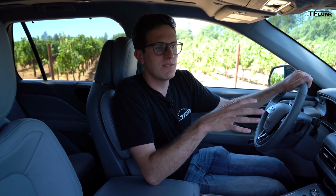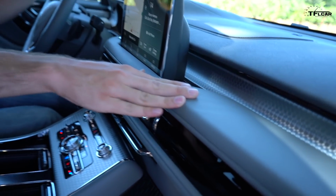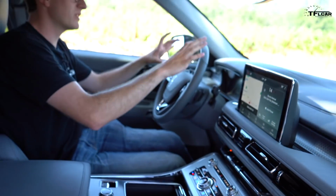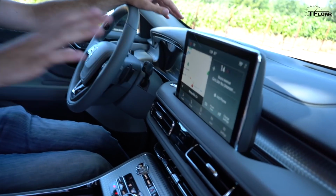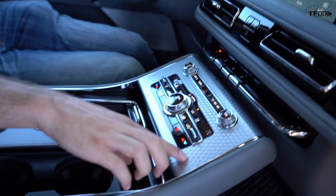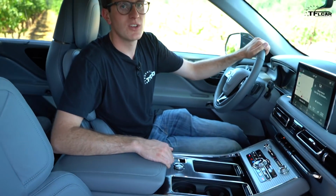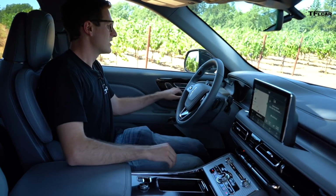The interior of the Aviator is beautifully sculpted, and everything you touch is really high quality. Well, just about everything you touch. You have a 12-inch display here in the middle. You also have a 10-inch display for your infotainment screen. You have a bunch of different options for material choices across the dash here. I mean, it really does feel premium. And my favorite premium touch on this interior are the chimes. Because this noise right here,